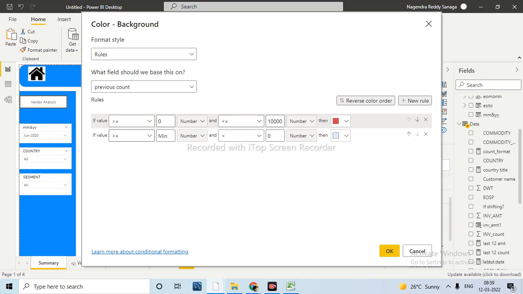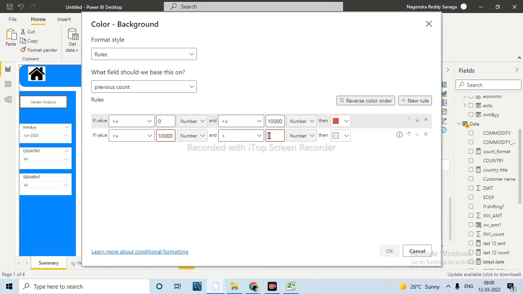And if it is greater than or equal to 10,000, okay, then here I am not passing. Less than or equal to, okay. And here greater than or equal to, that's fine.